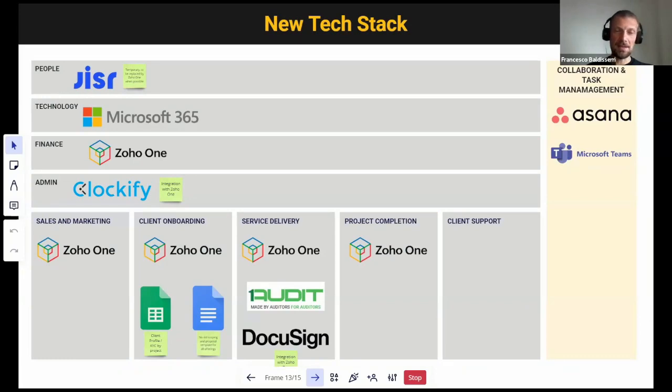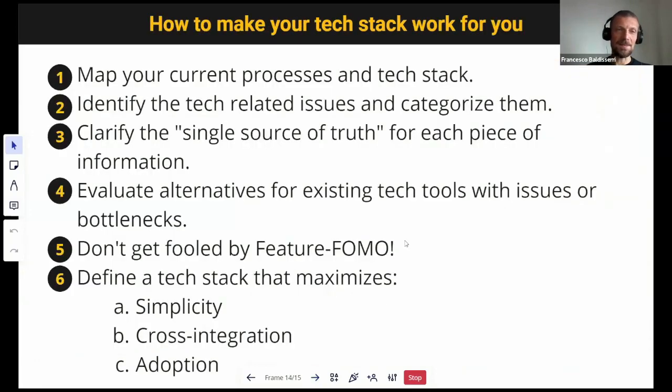So let me recap the main points on how to make your company tech stack work for you. Point number one is mapping and analyzing your current processes and the tech stack.